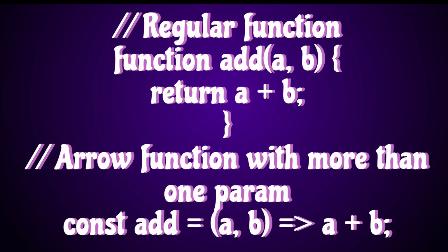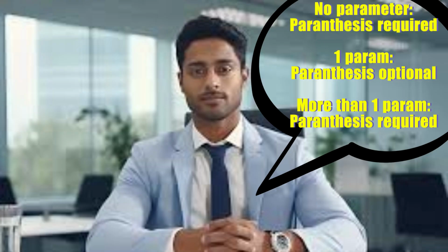When there is more than one parameter, parenthesis is mandatory. This is the add program that we saw earlier. Observe how the arrow function is defined with two parameters. To summarize,